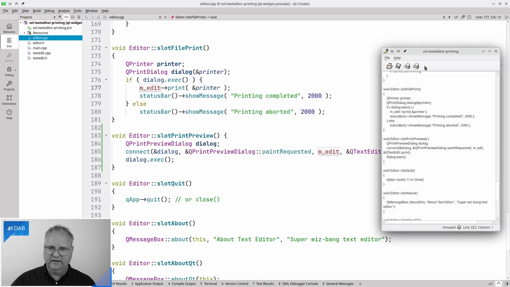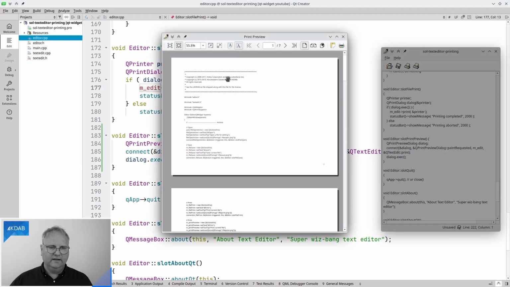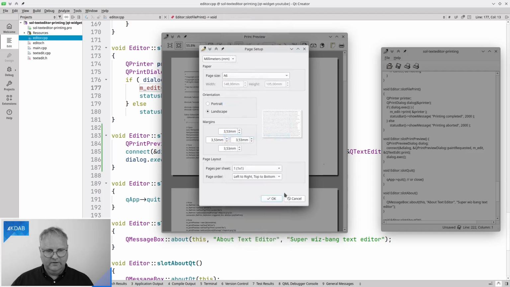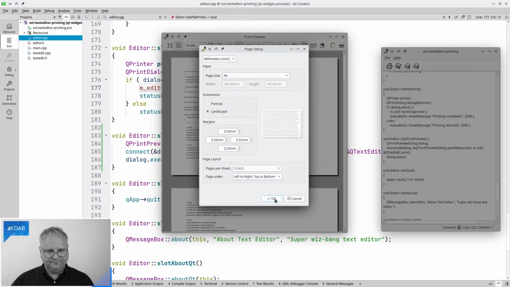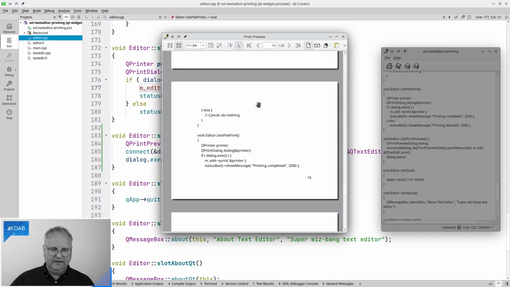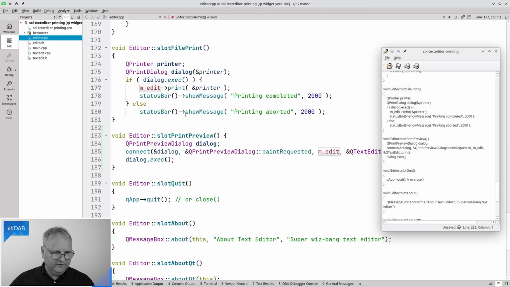But what I can also do is press the print preview, and now you'll see this is the preview. I can change it so it's in landscape. I can go up here and change some more parameters. Let's go back to this A6 piece of paper. And you gotta love that in 2024 we can still be confused by whatever symbol was supposed to be here. Oh my. And now you can see that there is not much on each piece of paper because, well, it's a small piece of paper. But let's go back to the code here.